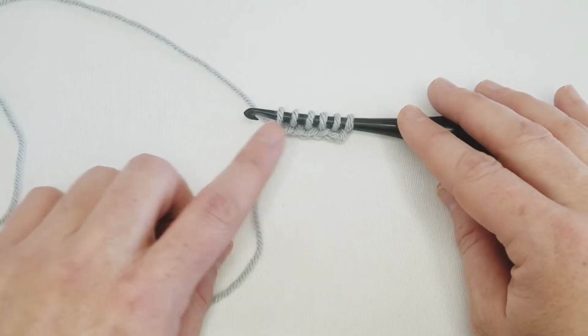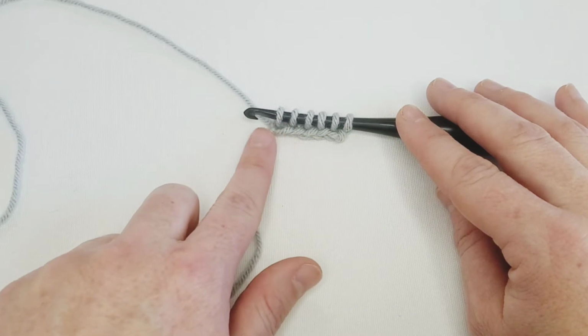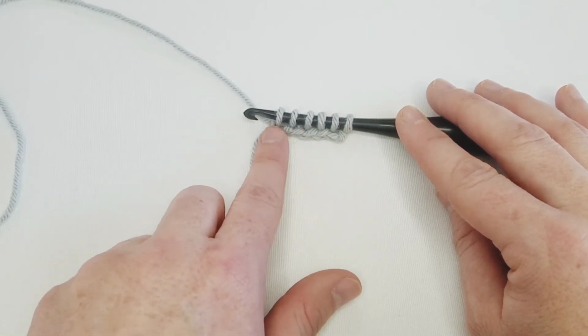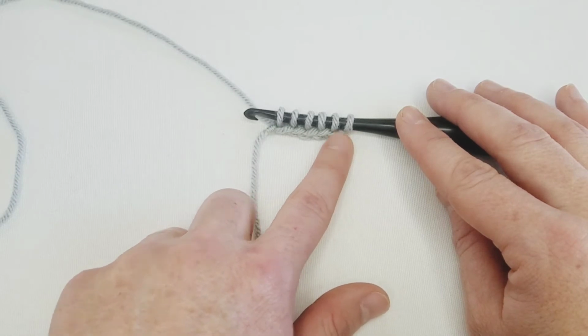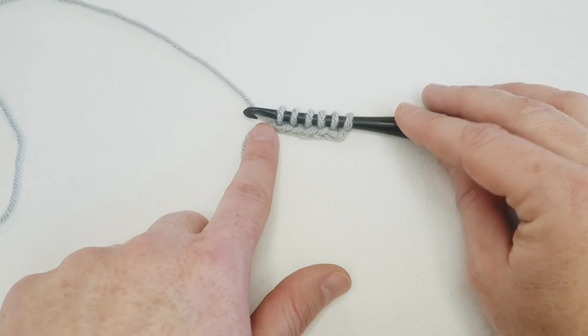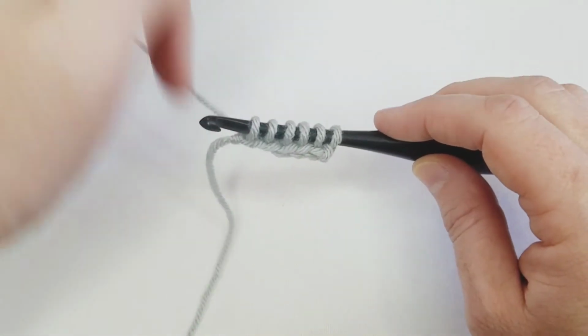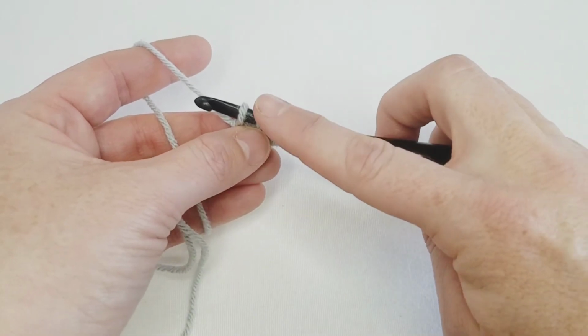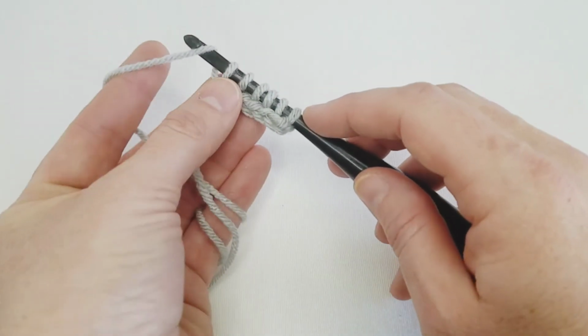The return pass in Tunisian crochet, you're always going to work forward and then backwards to complete one row. And the return pass is how you're going to work back to the beginning of your row after you've picked up your stitches. So to complete a return pass when you're working flat like this, you're going to yarn over